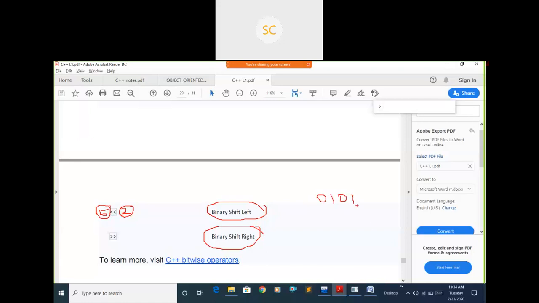Then I need to shift these bits 2 positions left, so it has to move this way. In those 2 positions it will add 2 zeros. I'm just shifting the bits 2 positions left.